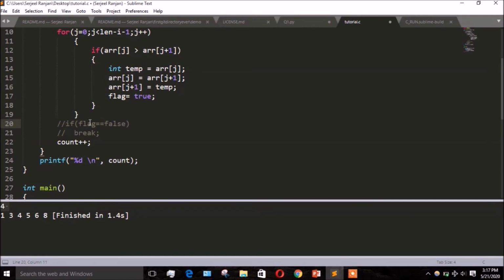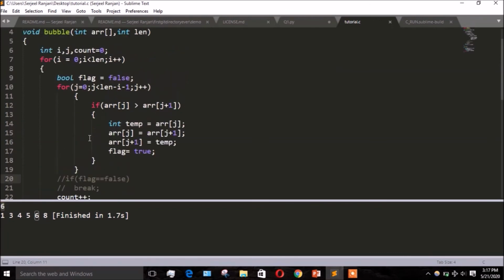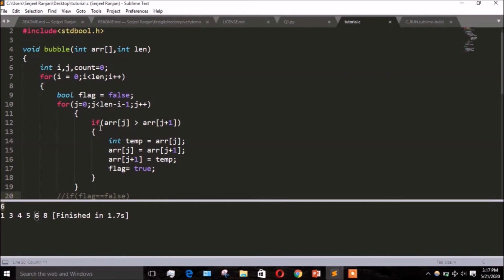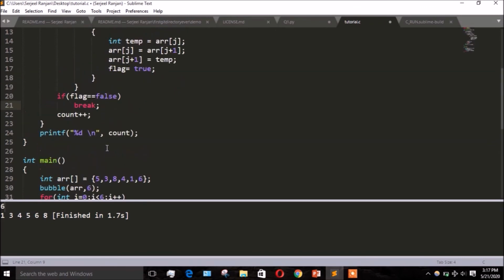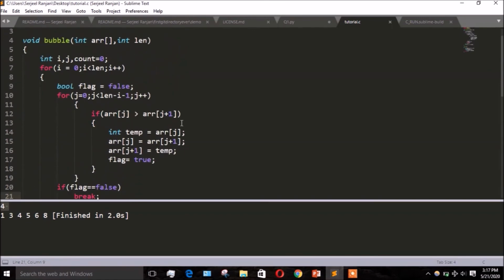Okay, so let us build this program. All right, so it is printing 6, which I exactly told you earlier. We have to move throughout the whole array 6 times to make sure it is sorted, but in our special case our array is getting sorted before that, so we have added this special condition to get the result beforehand. With this we are able to save 2 unnecessary traversals. So again I will run, and you see 4. This is one of the greatest optimizations in this situation.